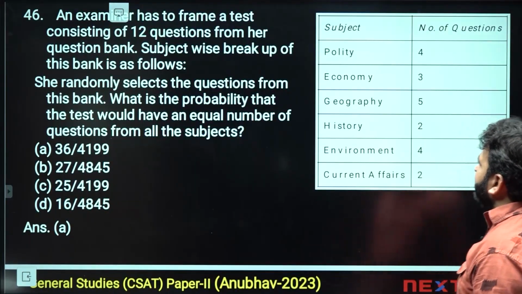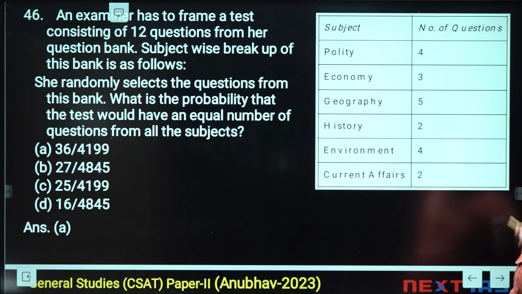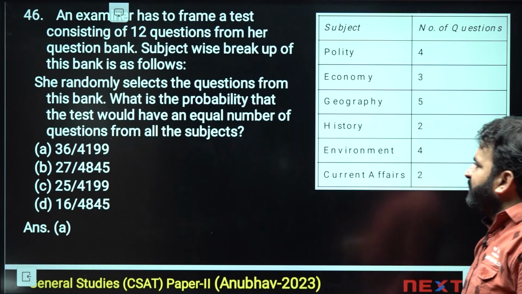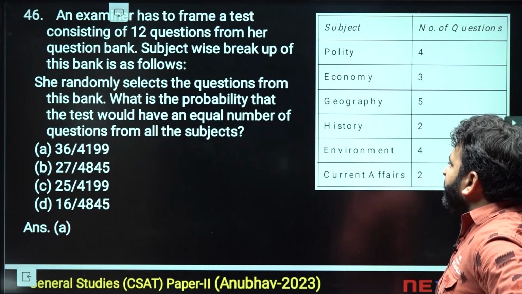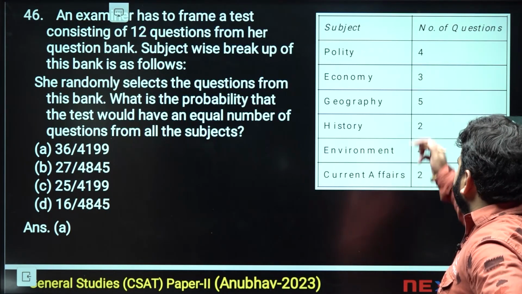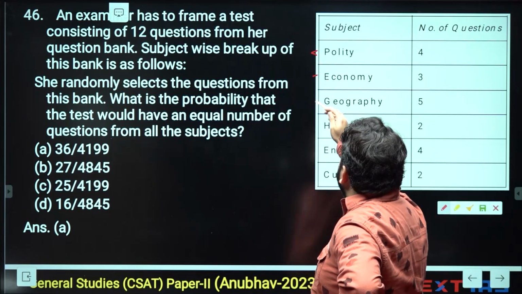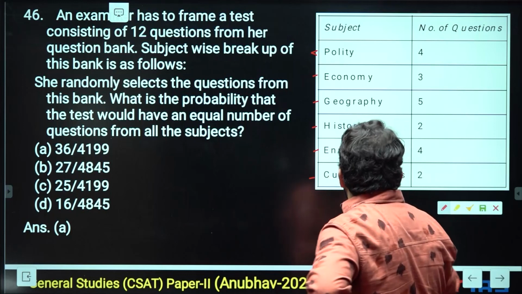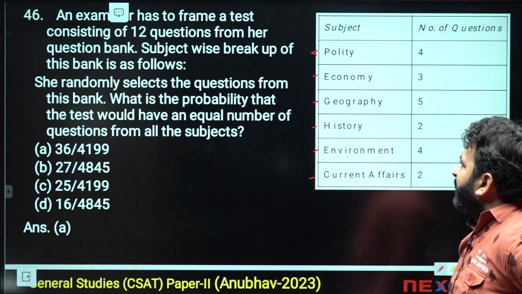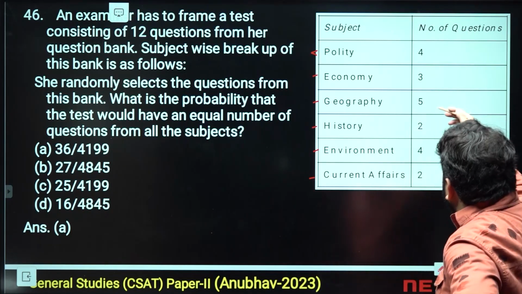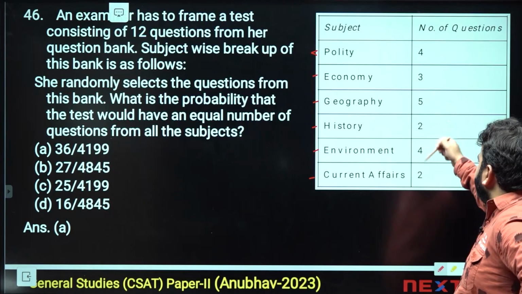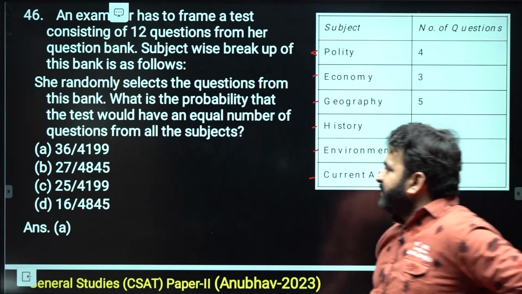Next question, examiner has to frame a test consisting of 12 questions from our question bank, subject wise breakup of this bank, select question from that the test would have an equal number of questions from all the tests। so, कितने टेस्ट क्वेश्चन है आपको, 1 2 3 4 5 6, सब 6 हैं, तो एंड टोटल नंबर ऑफ क्वेश्चंस 4 3 5 2 4 2, सम करो 20। सो नाउ अगेन